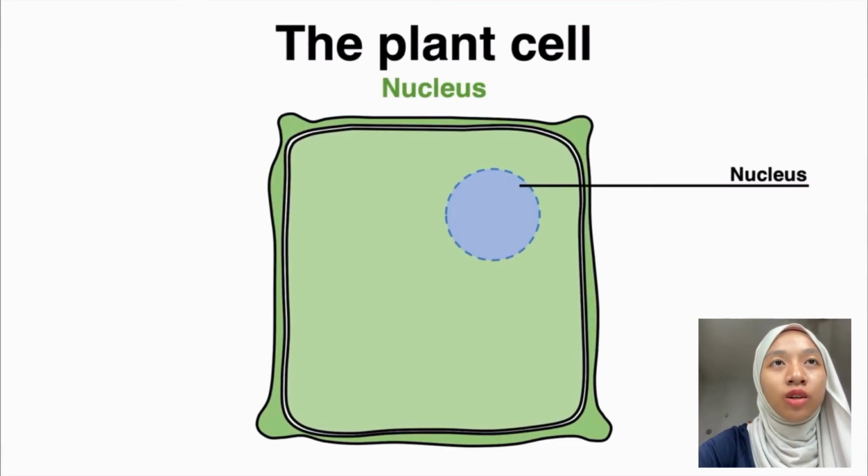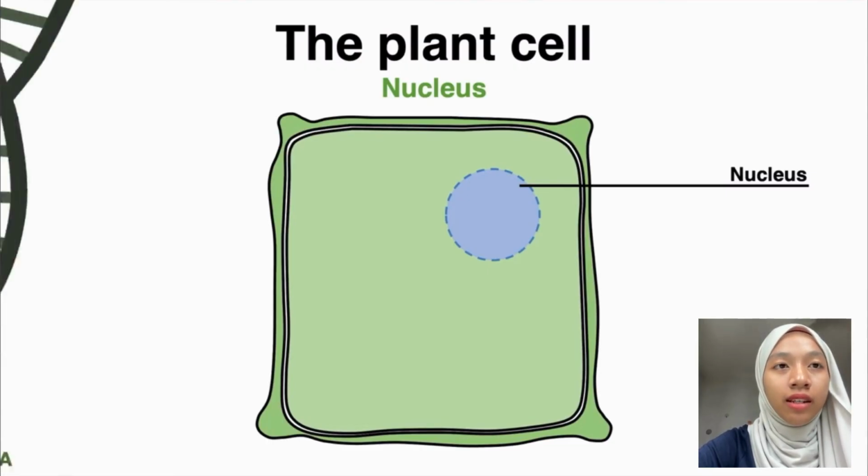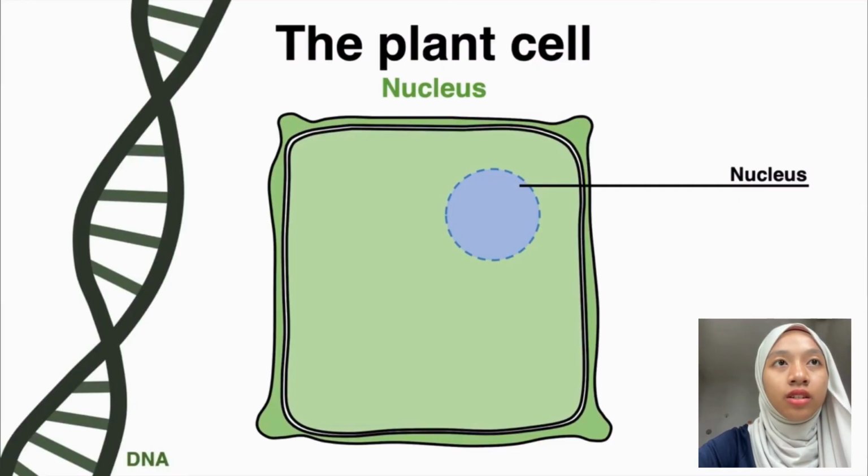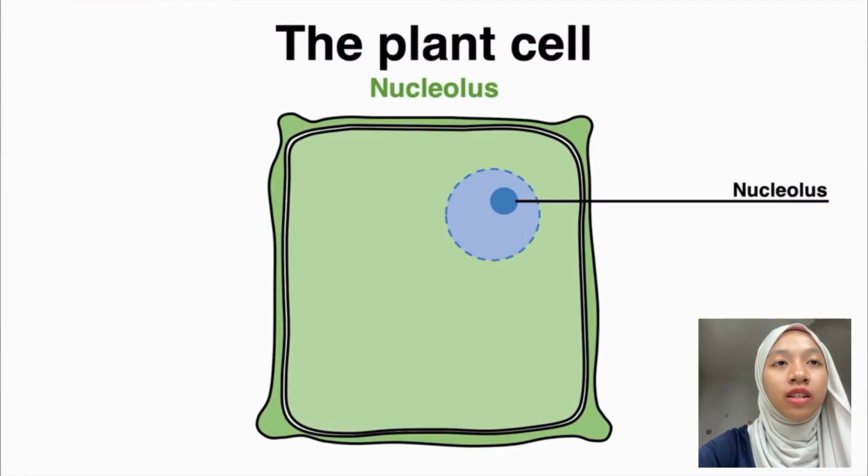The nucleus is commonly known as the control center of the cell. It contains DNA which carries instructions for everything the cell does. This includes directing growth, reproduction, and the production of proteins. The nucleus also plays a major role in cell division, ensuring that new cells receive the correct genetic information. Without the nucleus, the cell would be unable to